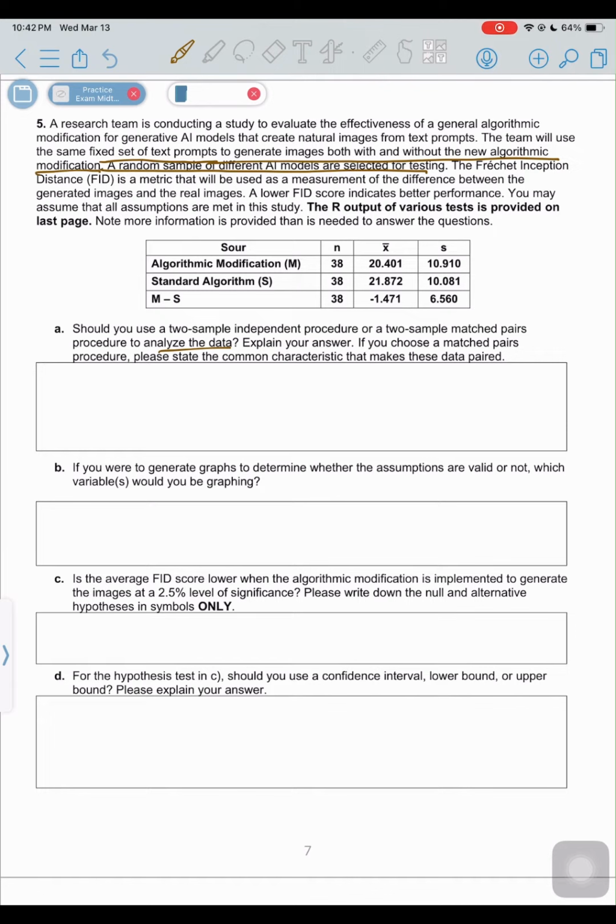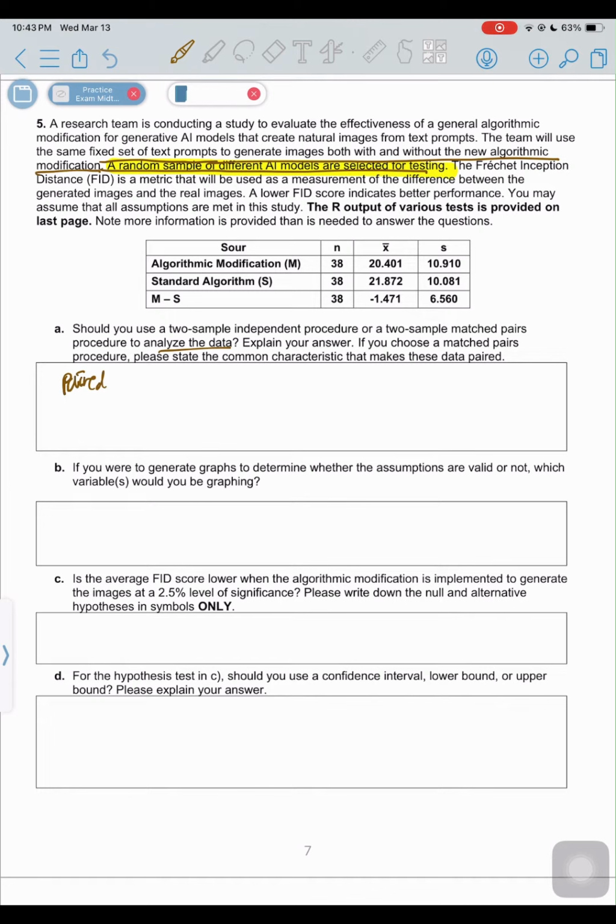So what do you think? Independent or matched? I would go with the paired or matched pair. Since each pair is matched with the same AI model or the same prompt, they are correlated. They're not independent of each other. If it's independent, there will be no sample that can be matched to each other, like the M or S. So this is paired, and the reasoning is each pair